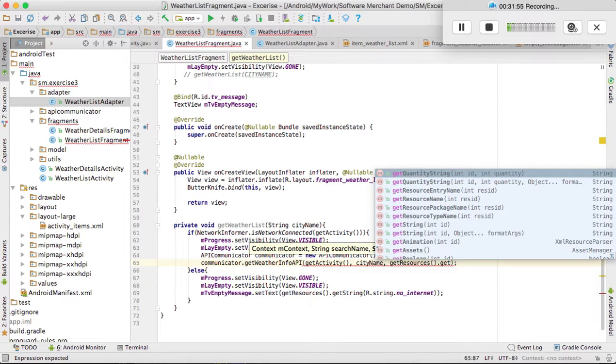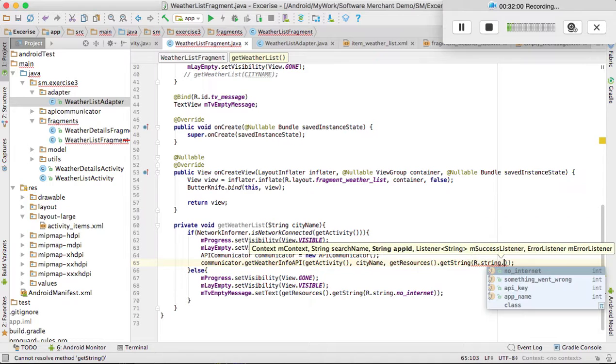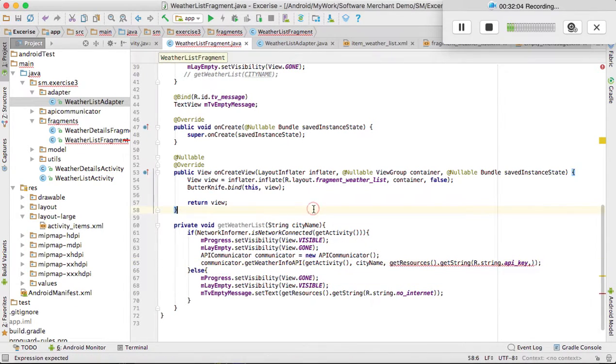So getString R.string.app_key, and obviously we will create two callbacks for success and